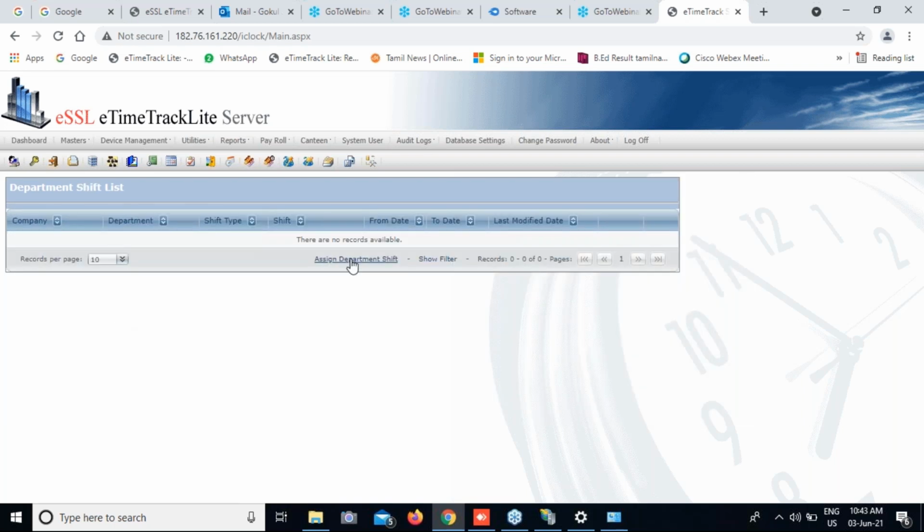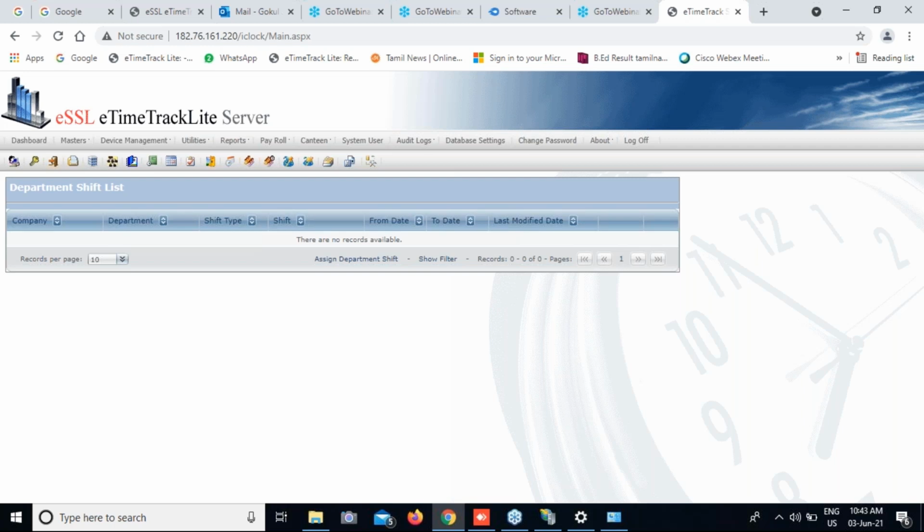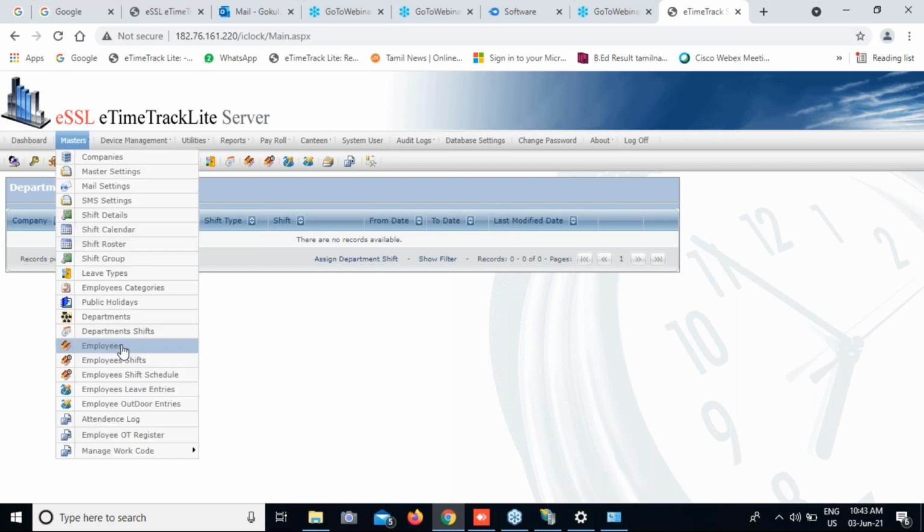Next, employees. This is the employee list. Fill in all the details: employee details and other details like location, designation, departments. Here we can see the employee code, employee name, employee category.